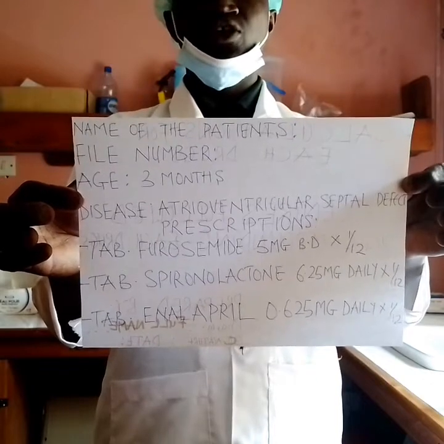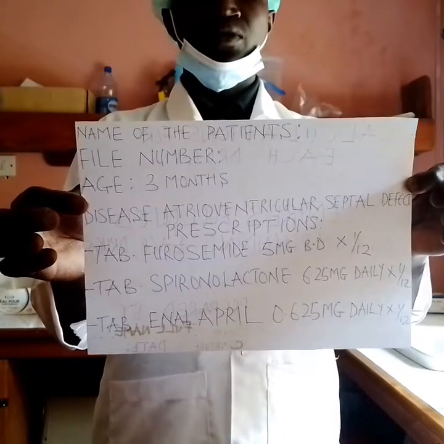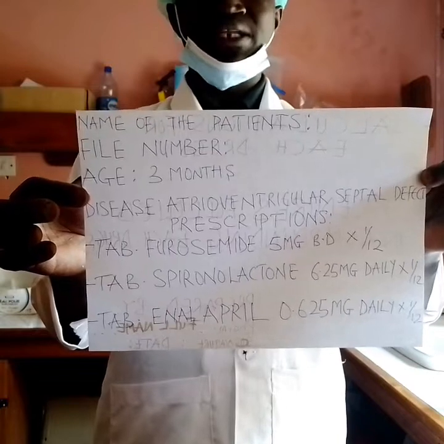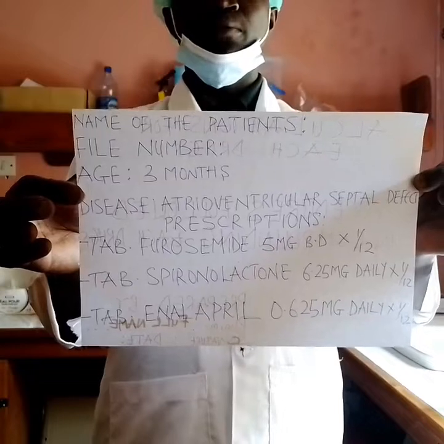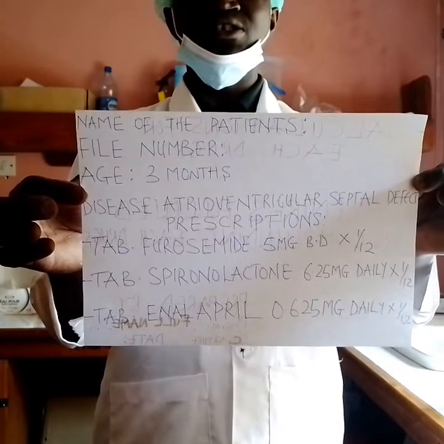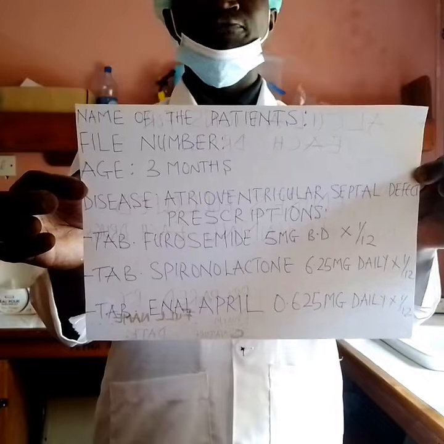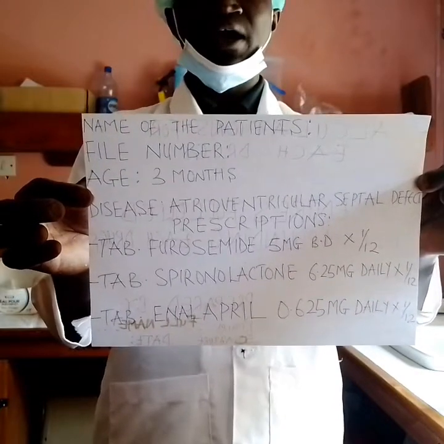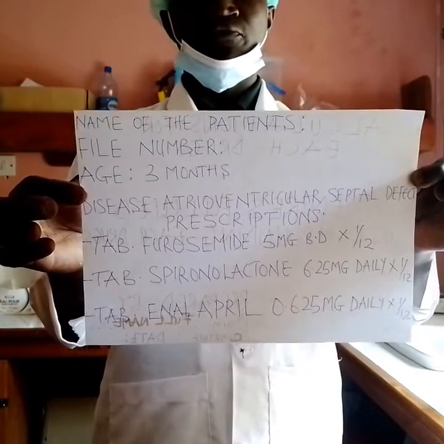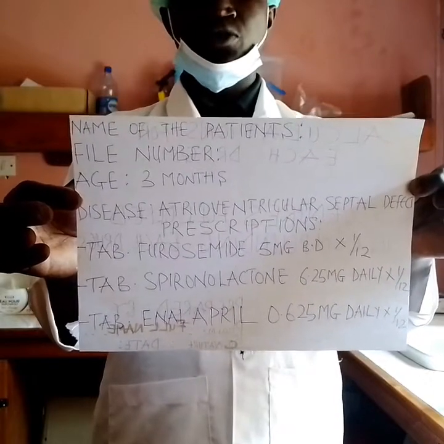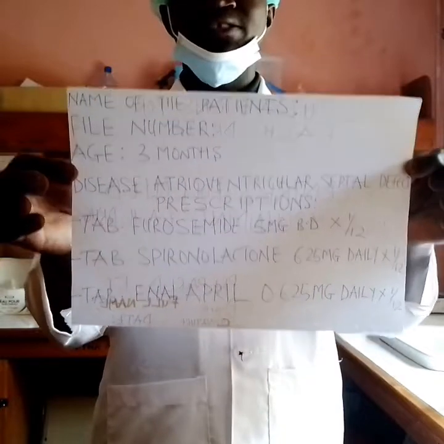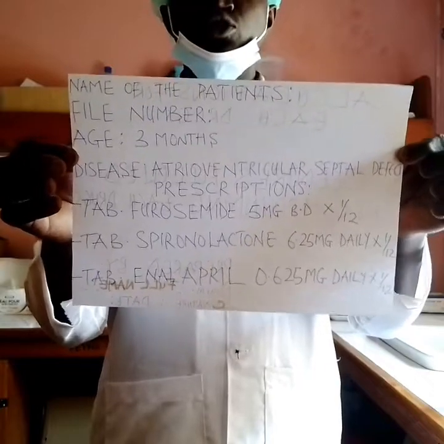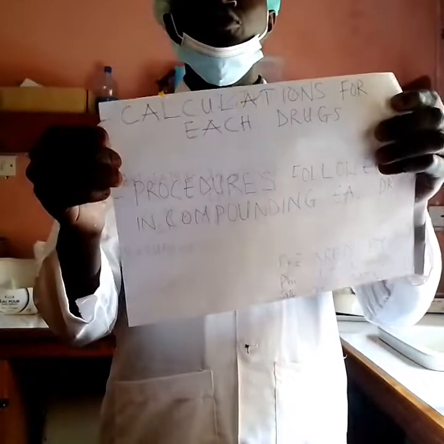Then the disease condition of the patient, we say it's atrioventricular septal defect. Then you write the prescription. Now we want to formulate or compound the first one, furosemide 5 mg BD for 14 days. That is all we do. After noting that we have to compound furosemide 5 mg BD for 14 days, what you do is you write